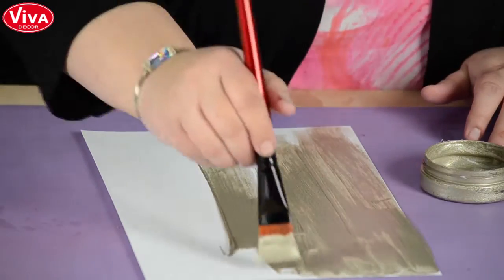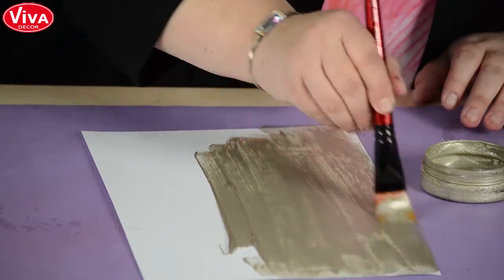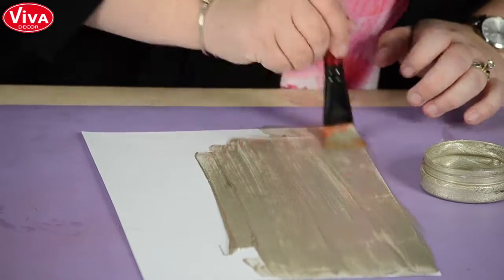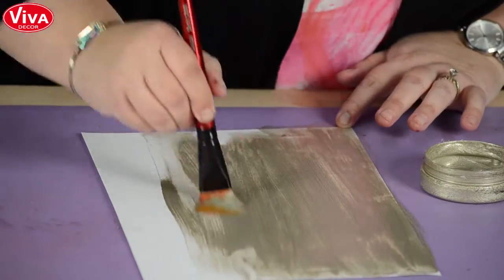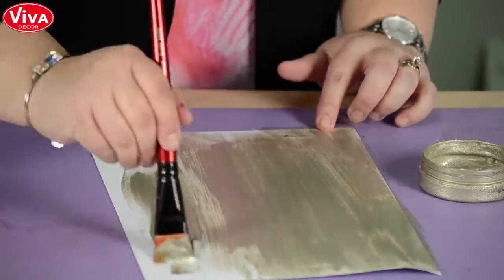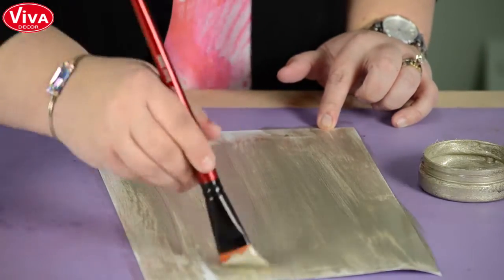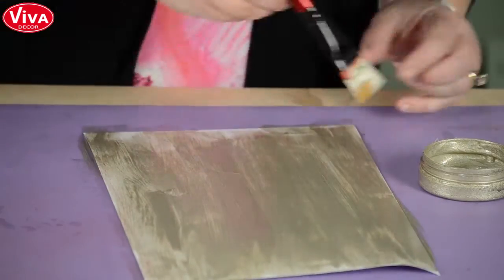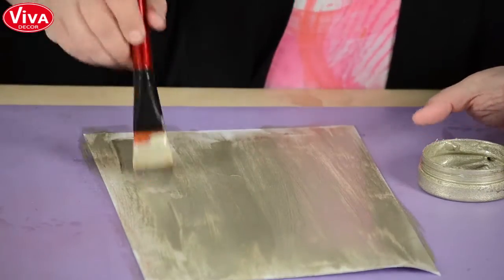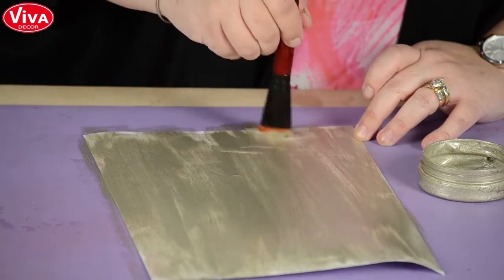But I want to work quickly because what I'm going to do to start with is use a stencil. And I'm going to remove some of this color over the stencil with a baby wipe. So of course you could be doing this in an art journal. You could do this for a card background. You could do it for a scrapbook page. Any of them works. But I'm going to do the background quick. And then,